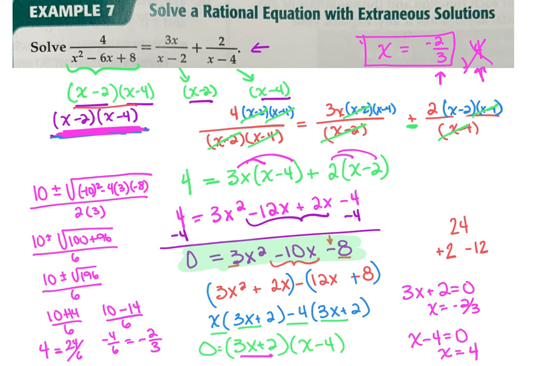Now, if you had something like x plus 1 minus 6, then I would say x plus 3, x minus 2, and let's just factor, okay? But if you're not good at the method where you multiply across and factor, or you're not good at pairing them up and factoring, then the quadratic formula will always work. So now